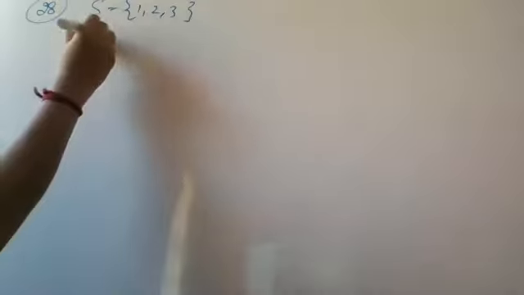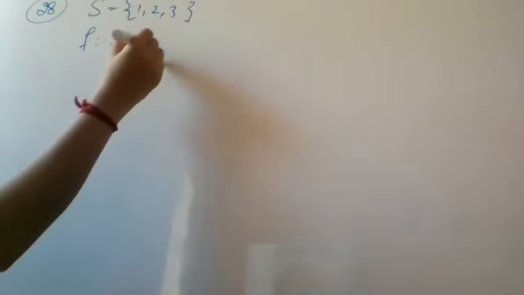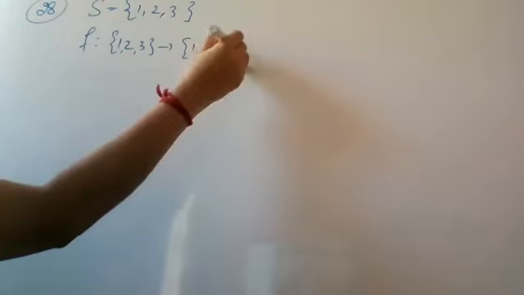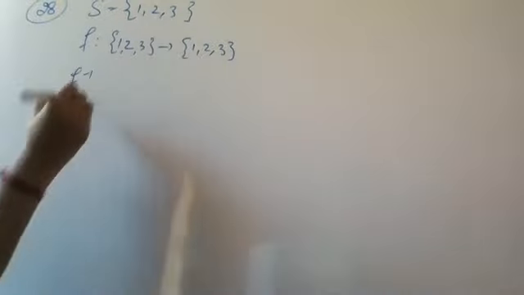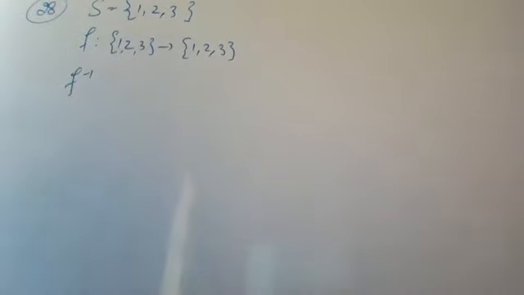Next is last one, which is 28th one. S is equal to set 1, 2, 3. You have to determine whether the function f from S to S, that means from S to S means from 1, 2, 3 to 1, 2, 3. You have three functions. You have to say whether each of one is having its inverse or no. That is F inverse exists or not. F inverse exists करेगा नहीं करेगा ये देखने के लिए आपको सिर्फ ये देखना है whether it is 1, 1 or on 2. That is the easiest method to look for invertibility.